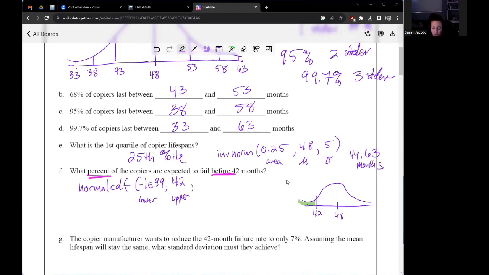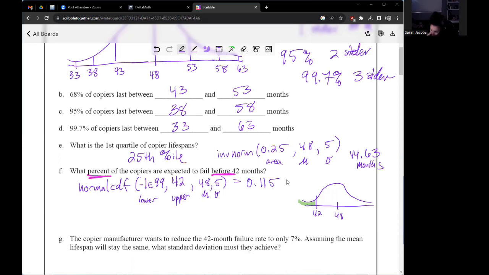Our mean and standard deviation are still 48 and 5. When we put that in, second vars, normal CDF, upper bound is 42, mean is 48, standard deviation is 5, and we get